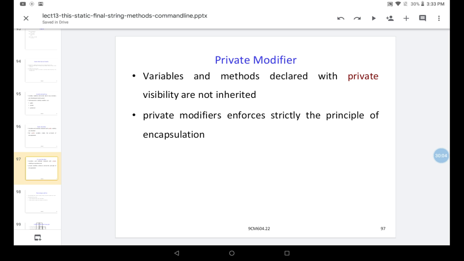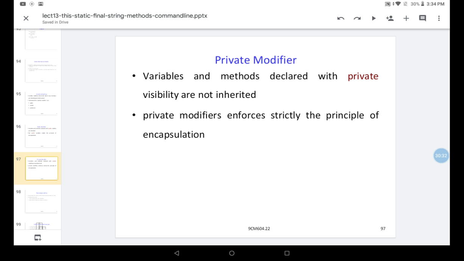Private modifier: variables and methods declared with private visibility are not inherited. We have discussed that a base class is inherited into a derived class, but there are some restrictions. There are some visibility modifiers that restrict this inheritance process.